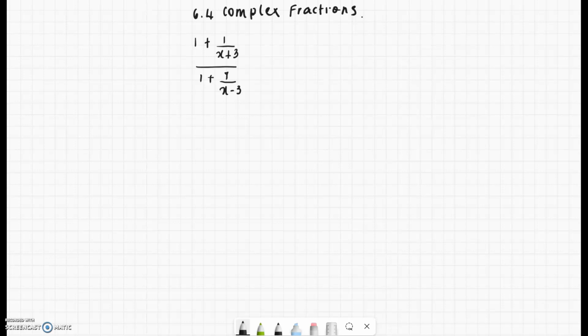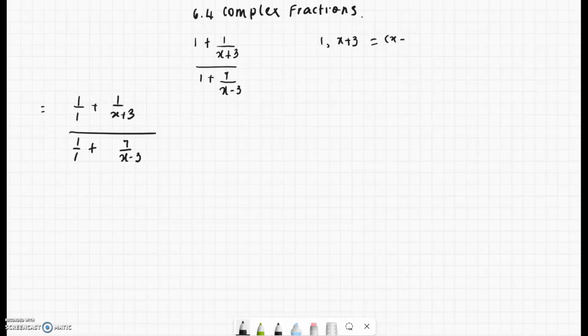We'll simplify this complex rational expression using the division method. So the first step always is simplifying the numerator and simplifying the denominator by taking the LCD. So let's look at this. So 1 over 1 plus 1 over x plus 3, the whole divided by 1 over 1 plus 7 over x minus 3. So the LCD of 1 and x plus 3, the two denominators in the numerator,